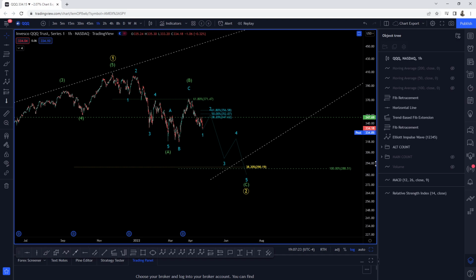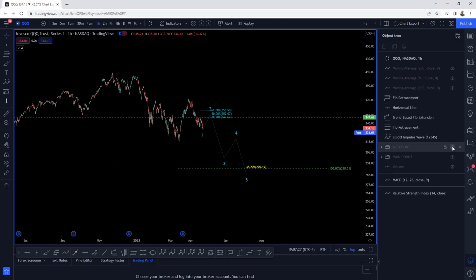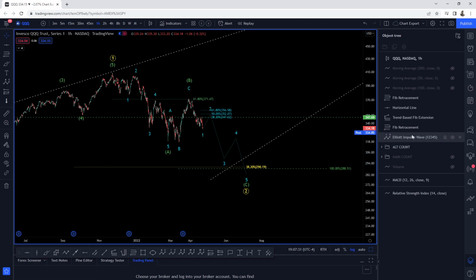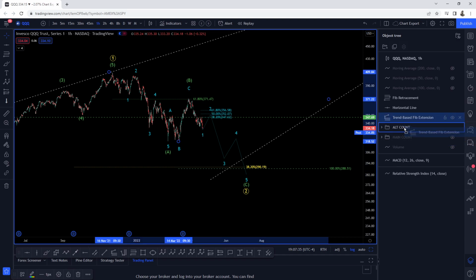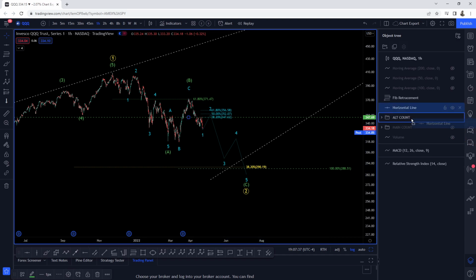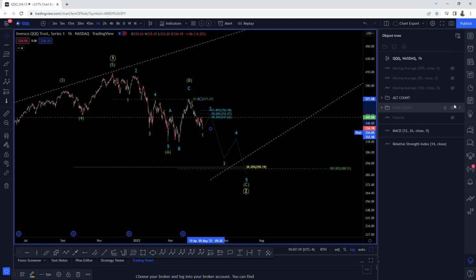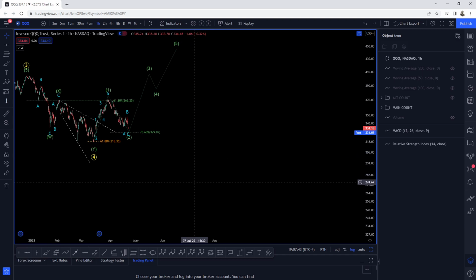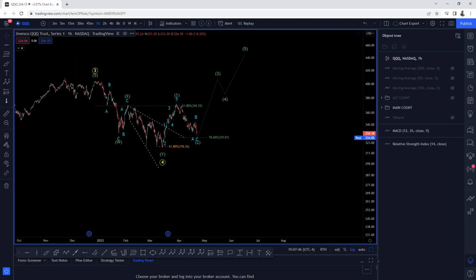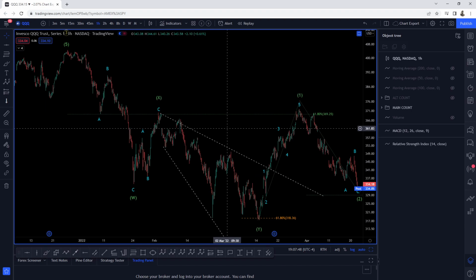All right, guys, so it's still worth noting, taking a look at our bullish count, because that is still the case. That's not out of the question just yet. Let me just clean this up for us. All right. So I'm going to hide our alternate count and we're going to go to our main count, which is still alive and well. Don't worry, it's still alive and well here.